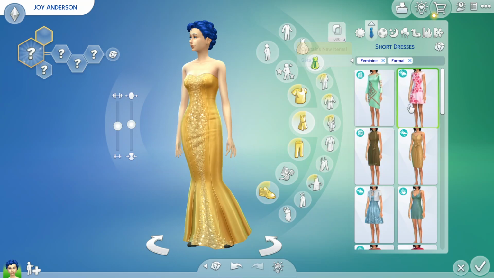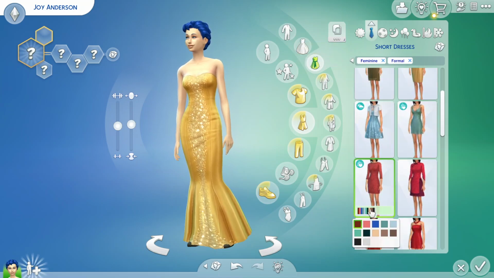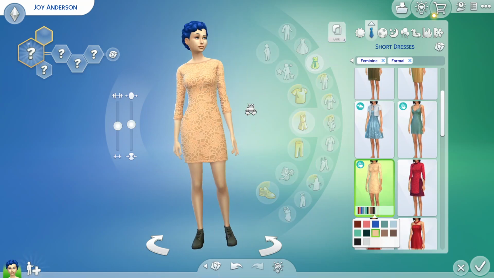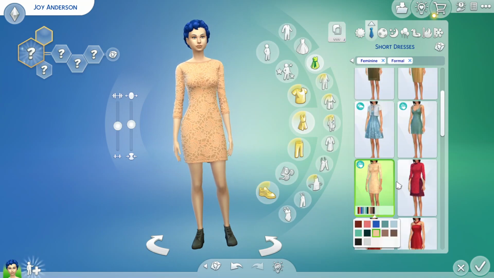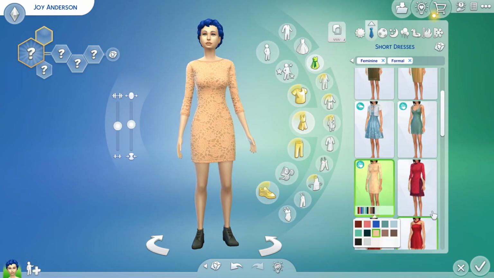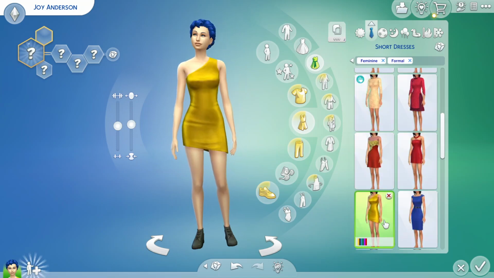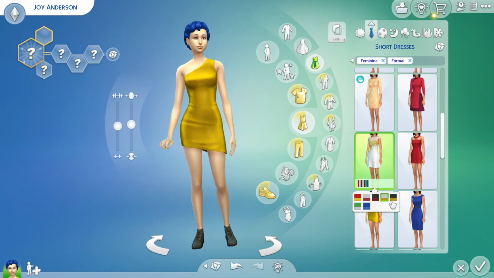I don't want to give up because I do see Joy being in a dress and being on the dressier side. This is pretty nice. I just wish it were a tad bit warmer in color. We could do something simple like that, or